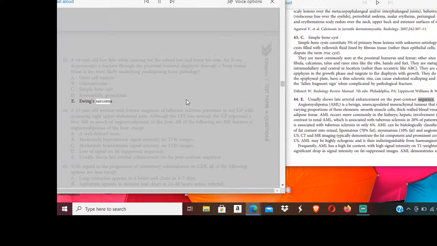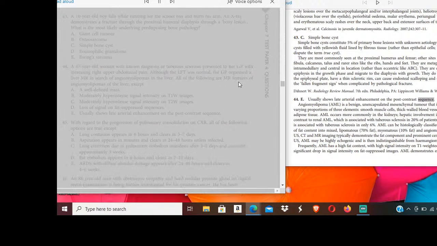44. A 43-year-old woman with known diagnosis of tuberous sclerosis presented to her GP with increasing right upper abdominal pain. Although the LFT was normal, the GP organized a liver MR in search of angiomyolipomas in the liver. All of the following are MR features of angiomyolipomas of the liver except